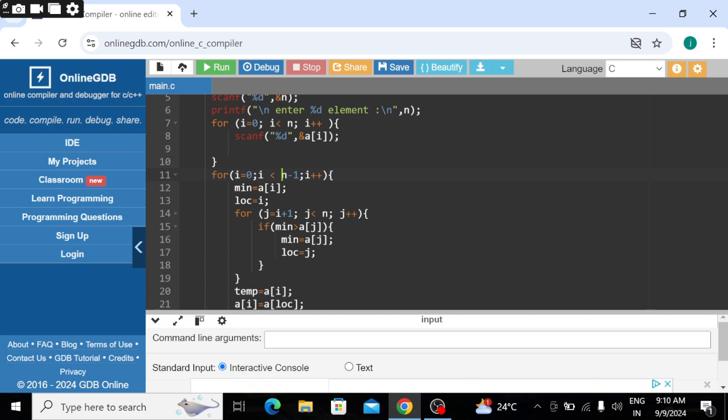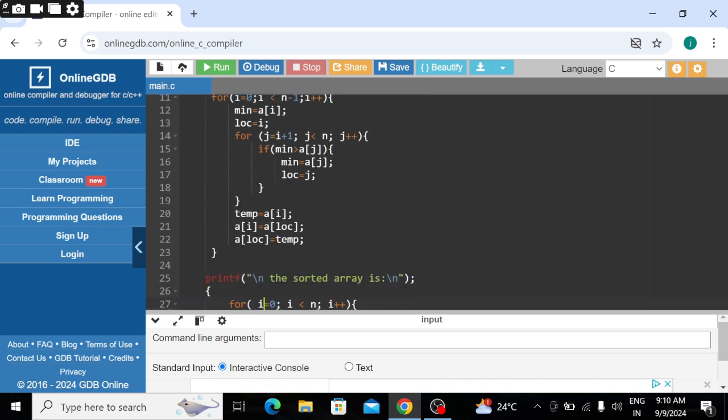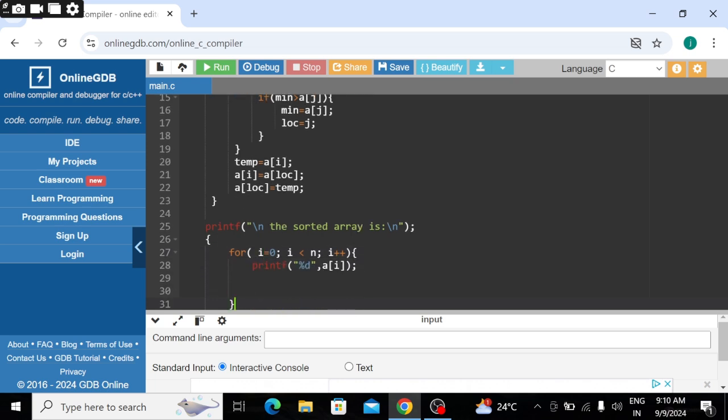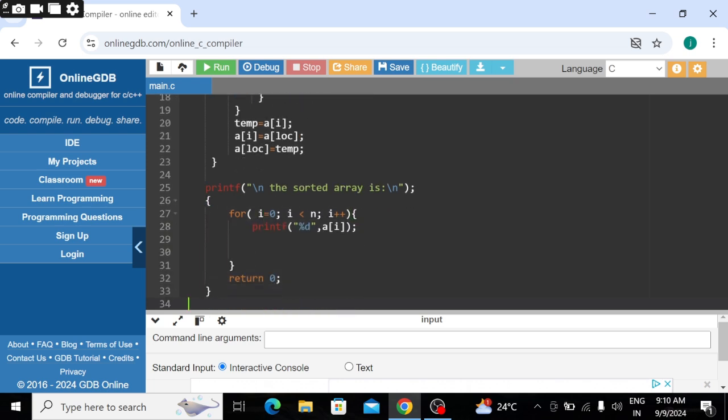We give that condition. Then for the next element of the array, we have taken the j variable which is equal to i plus 1, and it should also be less than the total number of array elements. After that we use the swapping logic, and then lastly we use the printf function to display the sorted array.